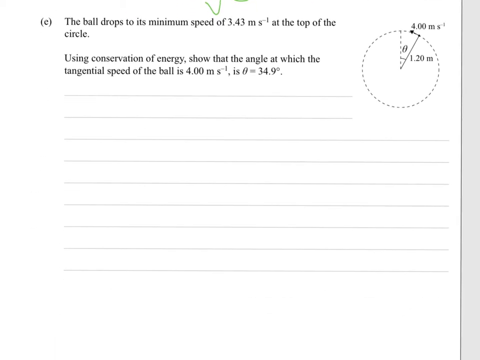E: the ball drops to its minimum speed of 3.43, which is at the top of the circle. Using conservation of energy, so that's a big clue, show that the angle at which the tangential speed of the ball is 4.00 metres per second is there. So,